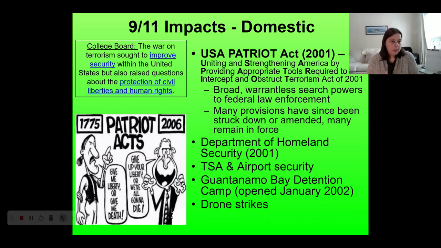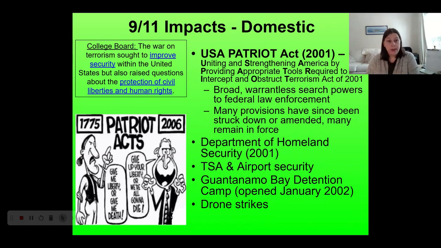Other post 9/11 stuff along this line, we create a brand new cabinet department, the Department of Homeland Security, to try to coordinate our civil defense responses to terrorism. This is when federal airport security is created. The TSA, or Transportation Security Administration, basically exists because of 9/11. It used to be handled much more on an airport by airport level. Each airport would have their own security. This is like the federal government has a security force, right? That's making you take your shoes off before you get on an airplane.